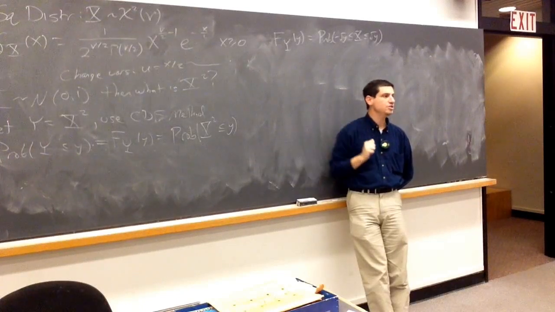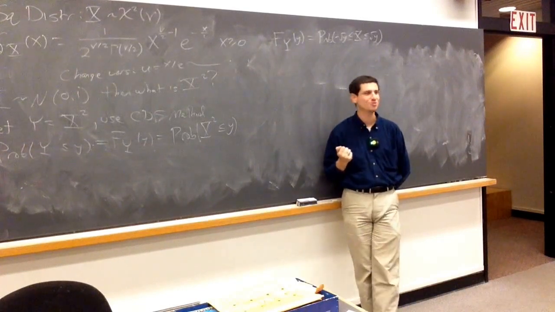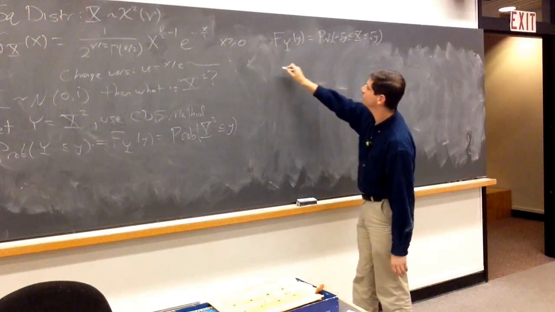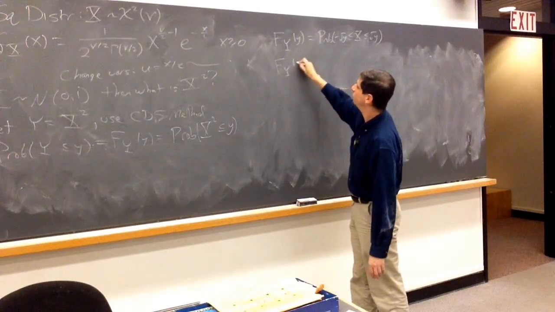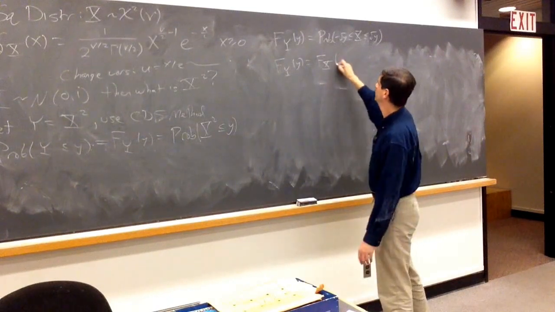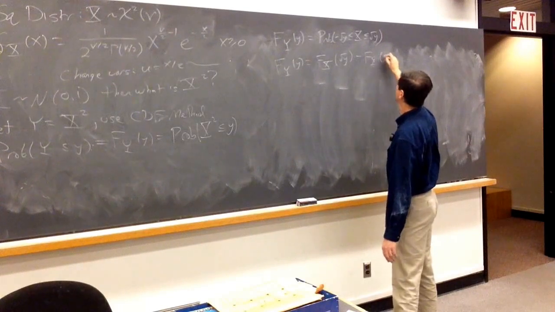Okay, now we need to integrate the normal density. Do we care what the integral of the normal density is? What are we going to do as soon as we calculate the integral? Differentiate it. So there's no reason to write down what it is. We just get f_Y(y) is the antiderivative, the cumulative distribution function at square root of y, minus the cumulative distribution function at